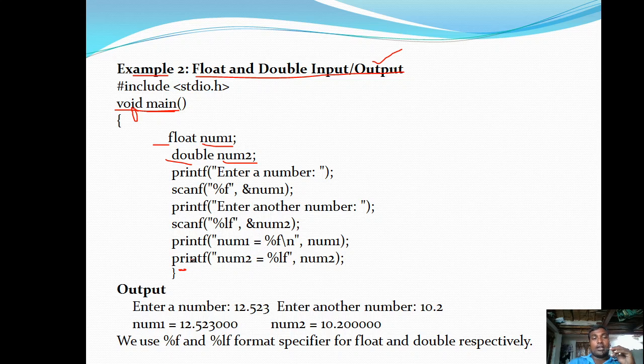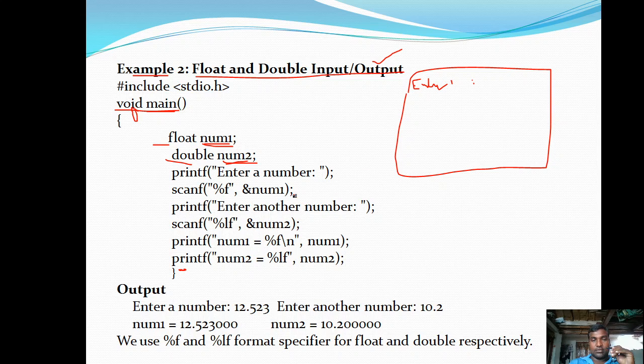On the screen, printf prints "Enter a number". After execution of these two statements, two locations are created in memory, with 4 bytes and 8 bytes, and num1 and num2 are the names of those memory locations. Then printf is going to print on the screen "Enter a number:".